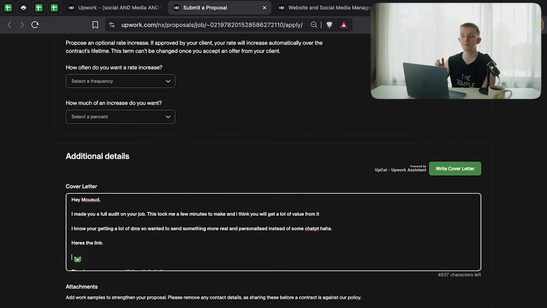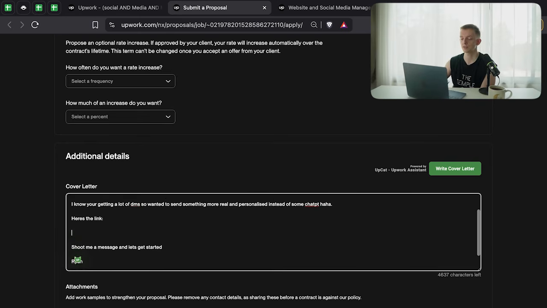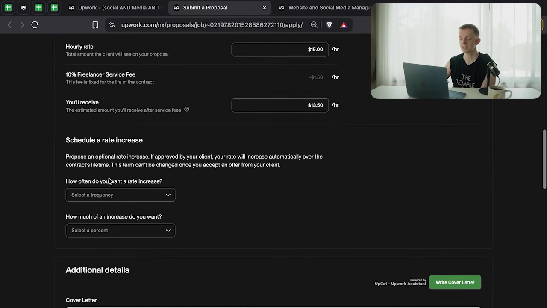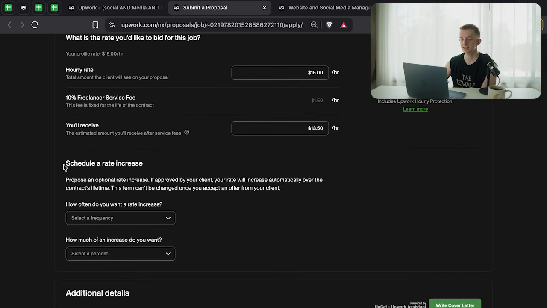Remember, people on Upwork are busy business owners. They're real people. This is how real entrepreneurs communicate with each other, right? So it's not a big deal for you to do stuff like this. And then also, what I would say is, when it says here "schedule a rate increase," please, guys, just always